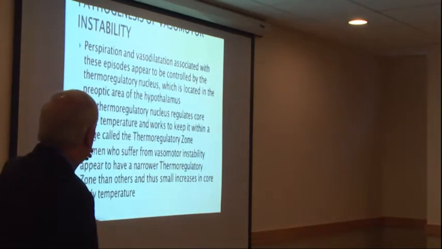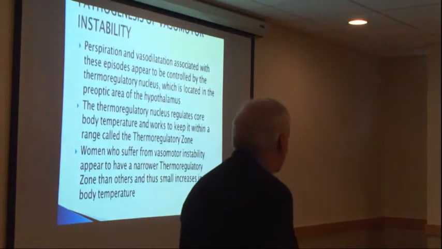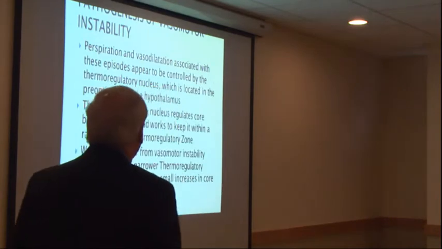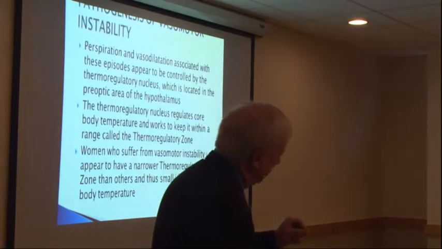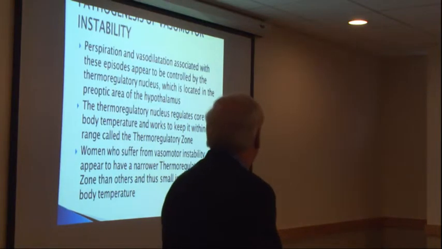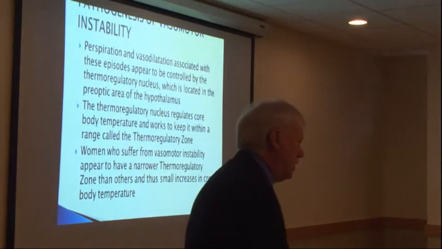He placed it in the preoptic area of the hypothalamus, which is where most of the work has been done since that time. He postulated that there was a narrower, think non-existent, thermoregulatory zone,